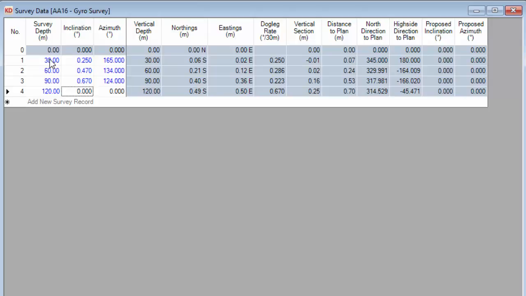You can also enter inclinations as degrees, minutes and seconds. So we could enter 0 degrees, 30 minutes, 30 seconds, or we can enter azimuths as quadrants as well, so we can do south 45, 30 west, and it converts to the format that you've selected in KellyDown under the options. So let's continue to enter some more survey data. So equal sign again,